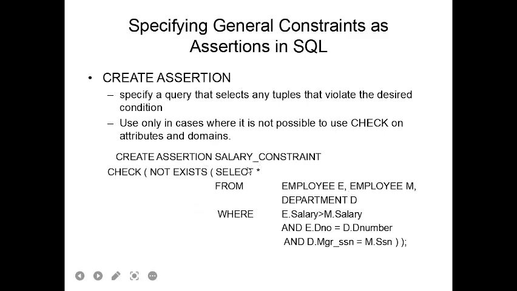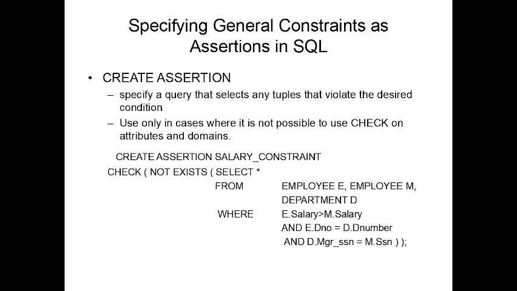So create assertion, here giving the constraint name as salary constraint, and that is followed by a check, and which is followed by a condition, and that condition is given in parentheses. Okay, and this must hold true on every database state